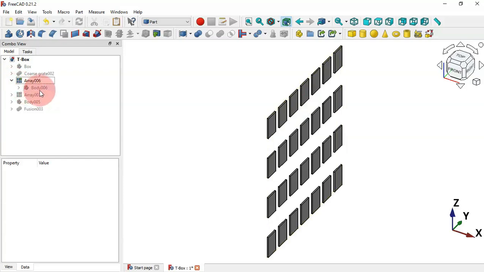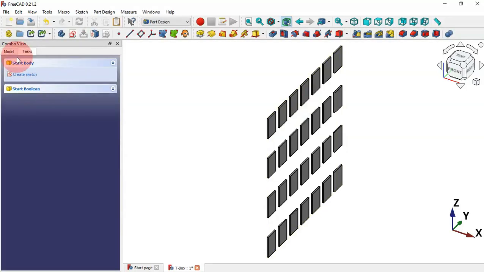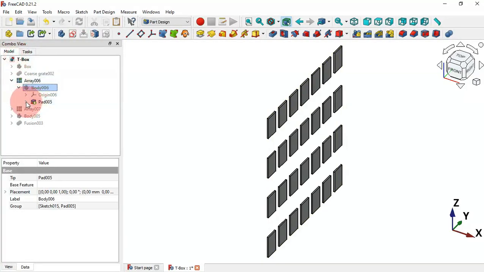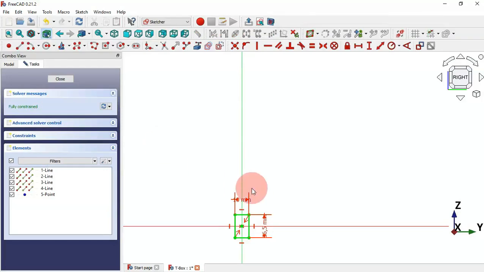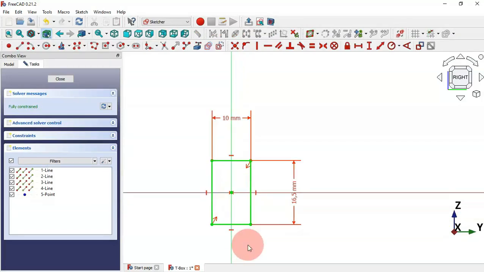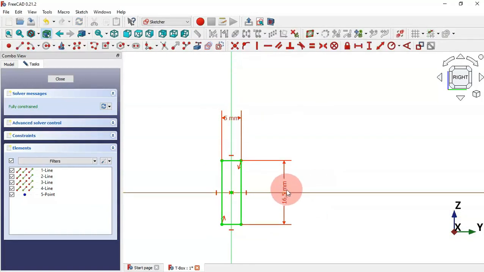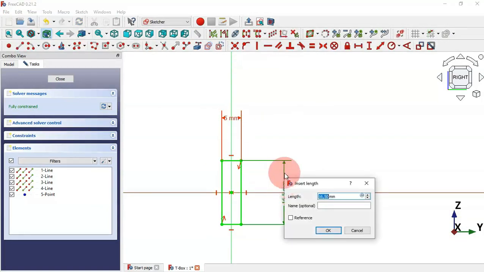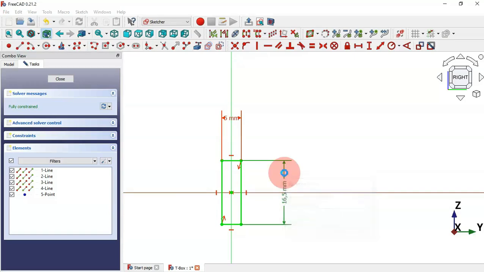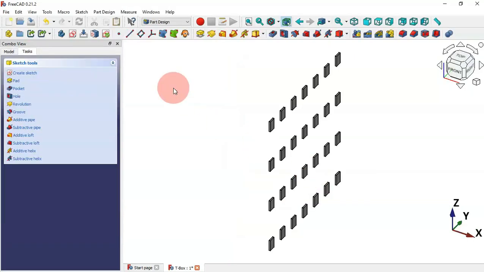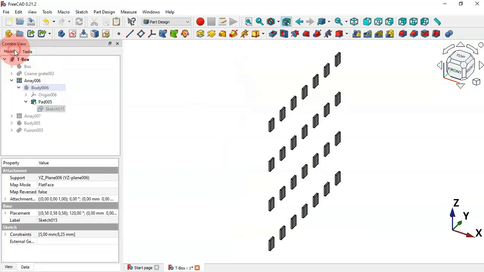So we're clicking this arrow and double clicking this body, and next we go to the sketch here and we change the dimension of this rectangle. So here we set 5, and for this dimension we change to 8.25 millimeters and escape 2 times. Now we have this, as you can see. Go to the model tip,